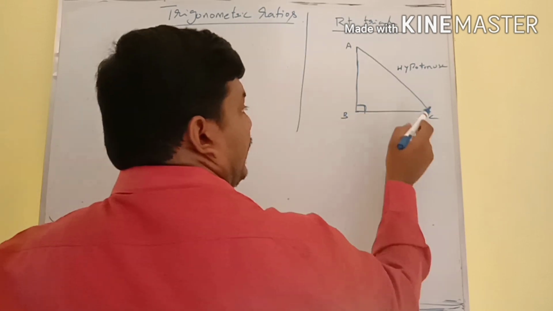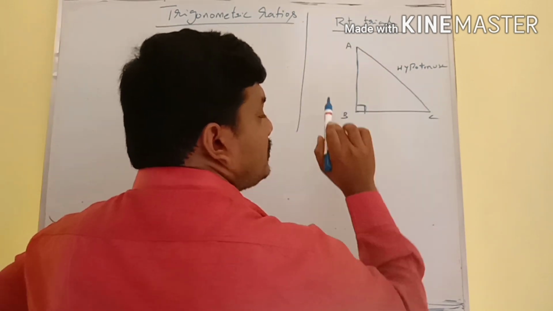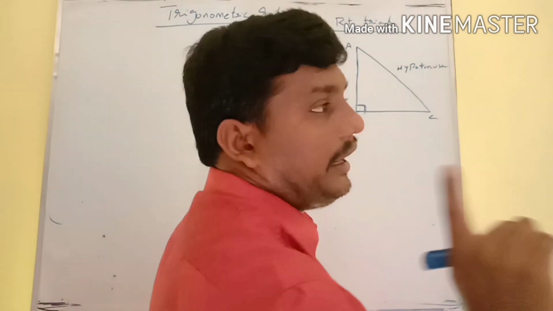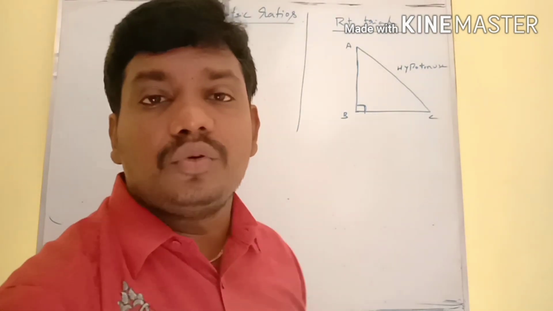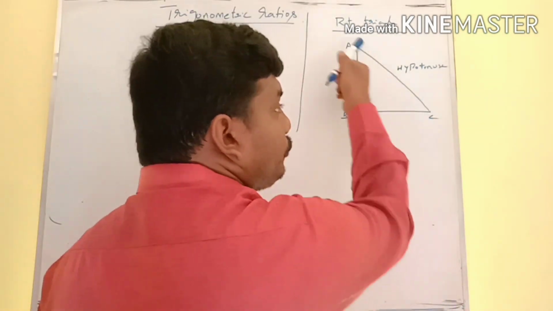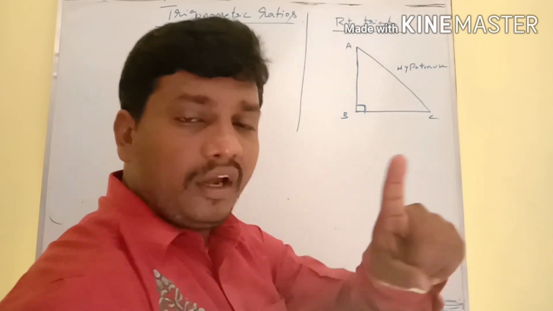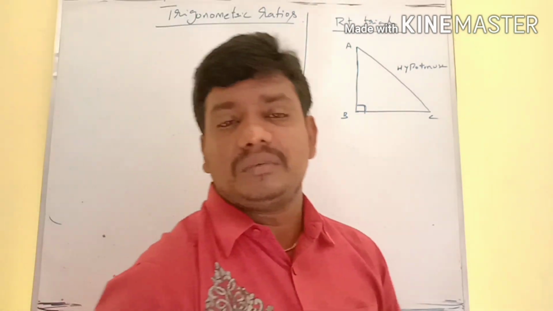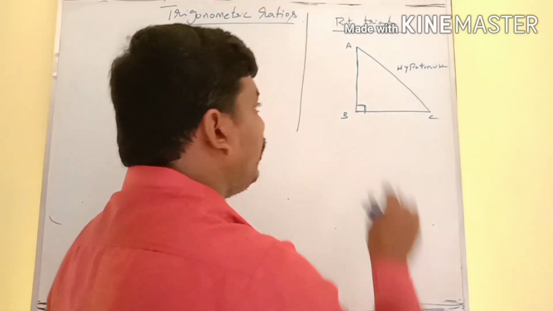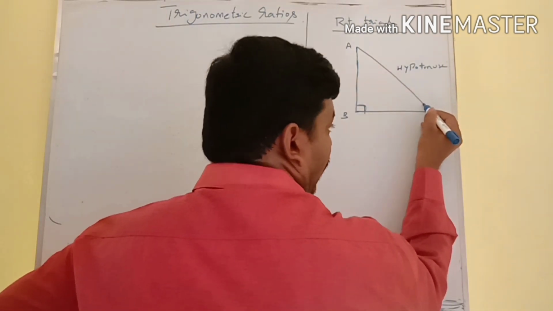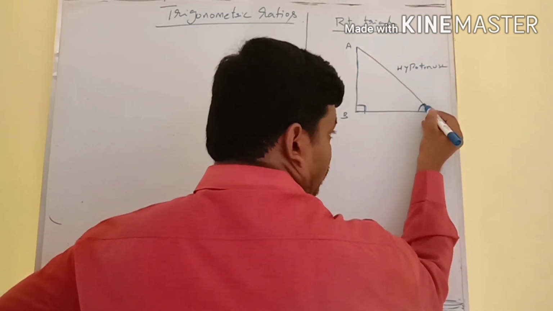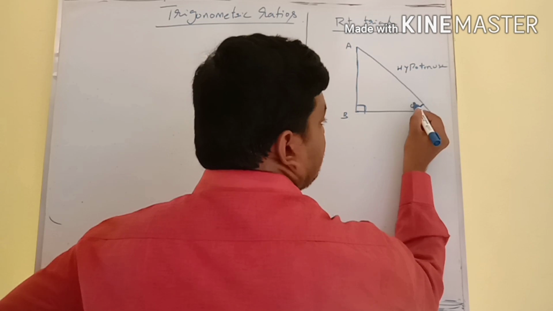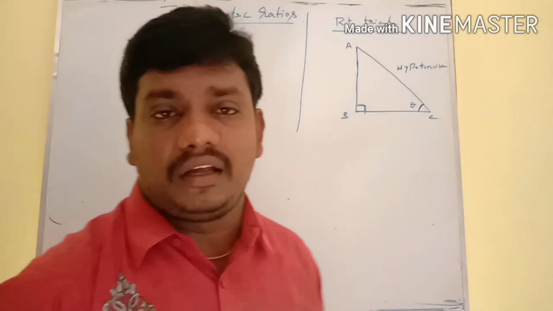Here, angle A and angle C add up to 90 degrees, so each must be an acute angle, since the sum of two angles is 90 degrees. Any one angle must be less than 90 degrees. Let me consider our observation angle here as theta.